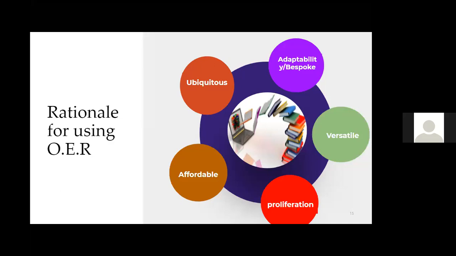And if you are using a textbook that is stored somewhere in a school library, for any learner to access this book, he must go to the library physically and borrow the book. And maybe he finds the book has already been borrowed, he might not be able to access it. So this makes OERs a better resource. Adaptability, where we say they can be modified or customized to suit topics or content that is relevant to the course. And then for versatility, we said the enhancement of the course material, such that text, images, and videos can be used to support different learning styles.